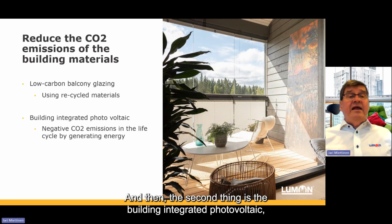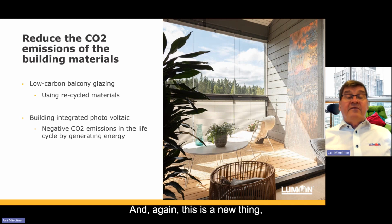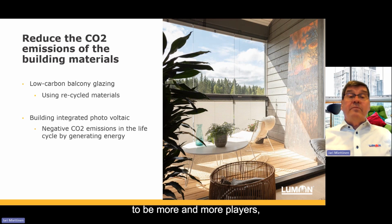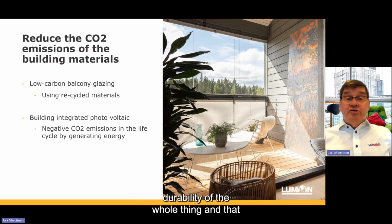And then the second thing is the building integrated photovoltaic, which means what we call e-railing. So the railing itself actually becomes a generator of electricity through solar cells, and that's a new thing. Again, this is a solution where there seem to be more and more players in the market, with different quality, etc. I want to highlight one thing, which is of course the durability of the whole thing,